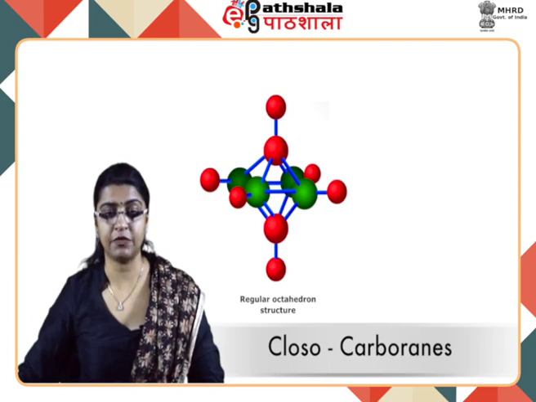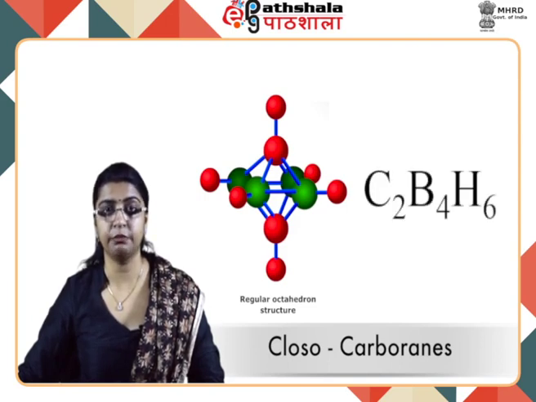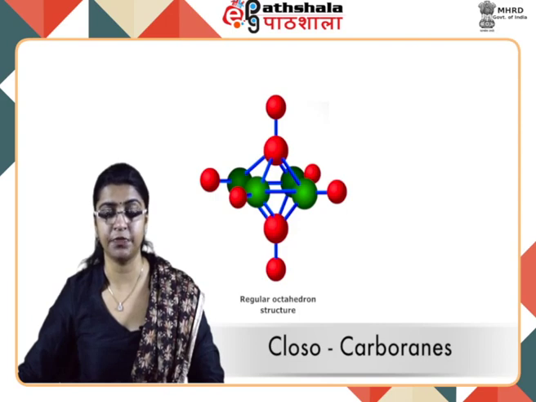1,6-dicarba-closohexaborane having the formula C2B4H6. Here the two carbon atoms are named as dicarba, and because in all we have 6 atoms including 4 borons and 2 carbons, we call it hexaborane. So the name 1,6-dicarba-closohexaborane. It has a regular octahedron structure as shown in the figure, where 4 boron atoms are present in one